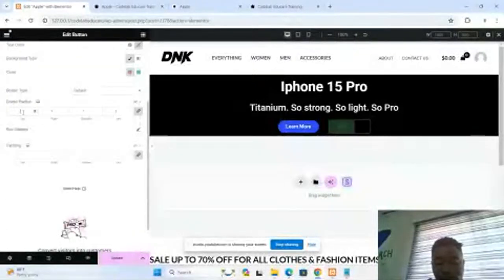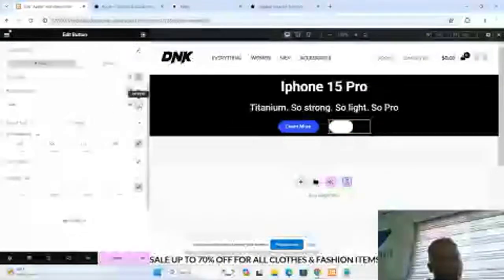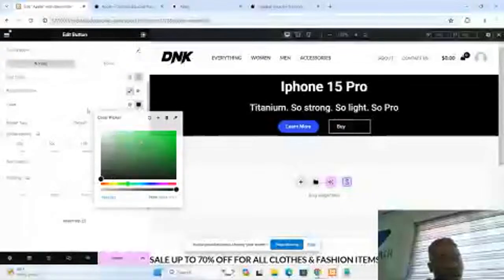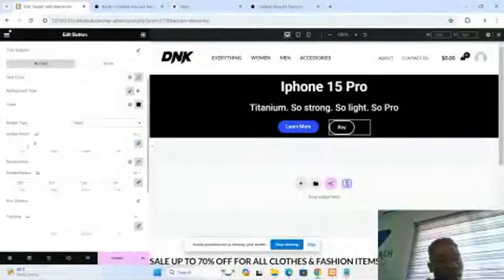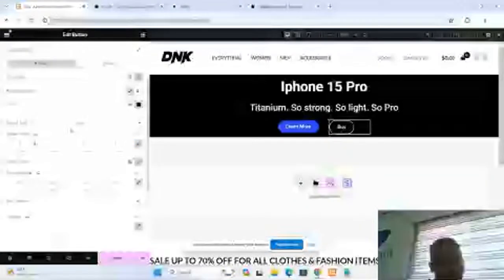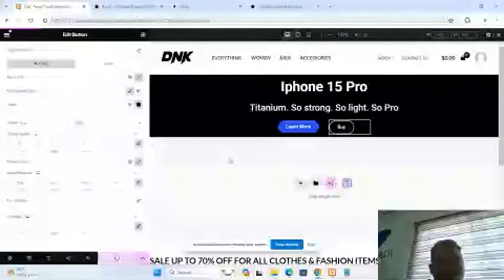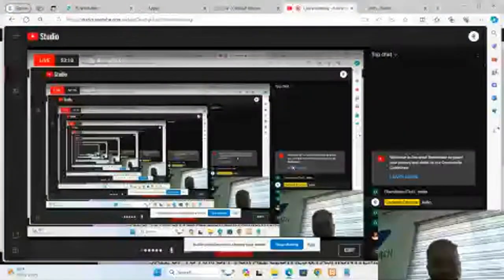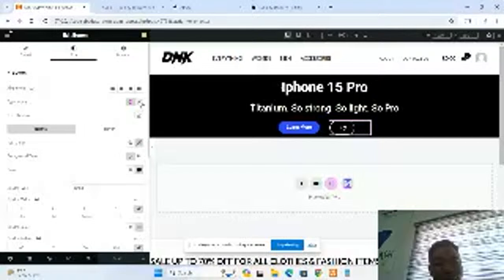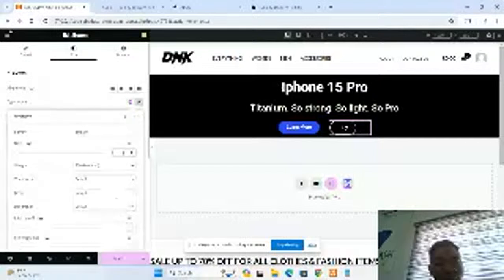Let's make it 100. Sorry, it's not white, it's black. A border. We got, as you can see, this to me. The size of the text. Typography. You click on it. We have types of size. We have the